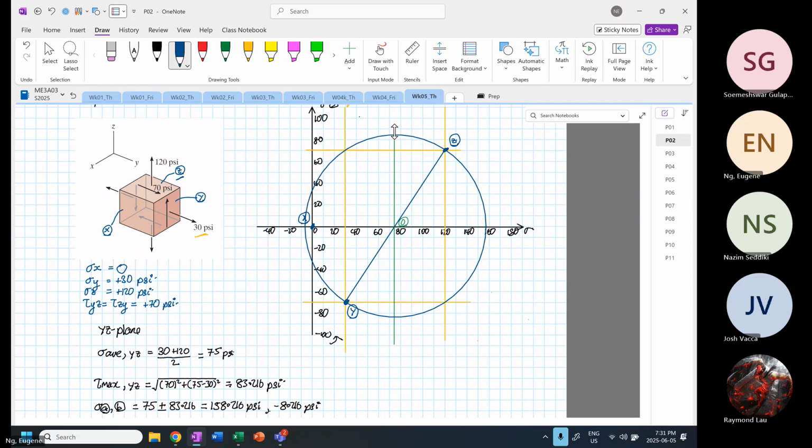Okay. So it touches point X and point Y, right? So this corresponds to your XY plane. Okay. So now over here, this is known as your stress A. Okay. And over here,